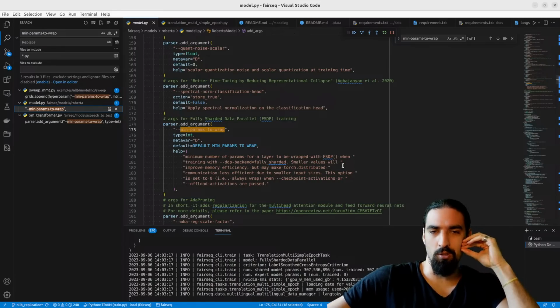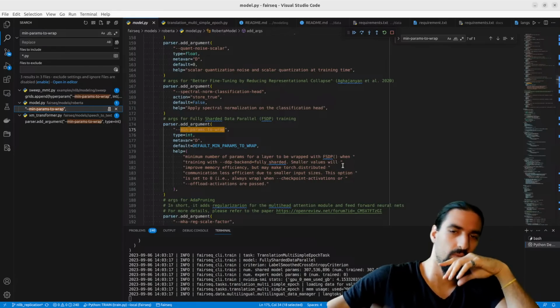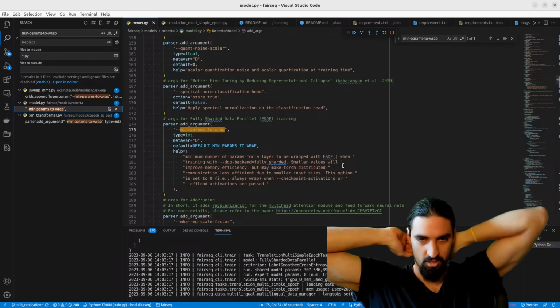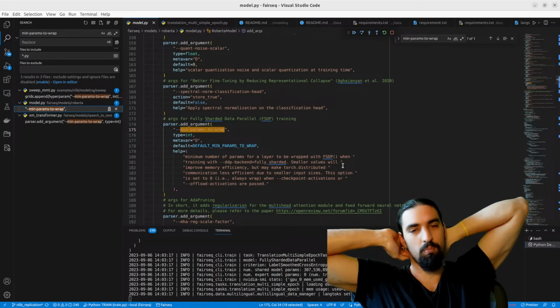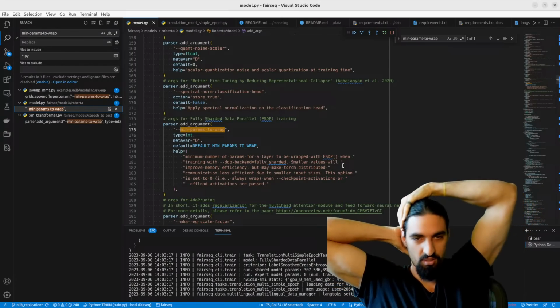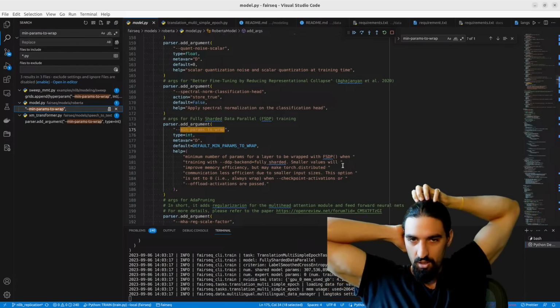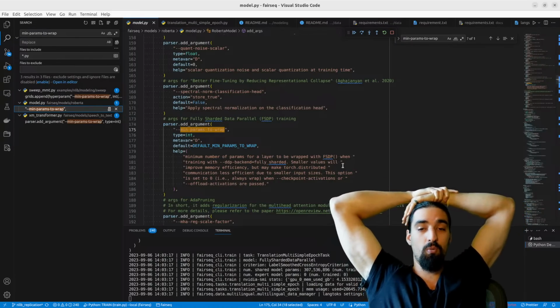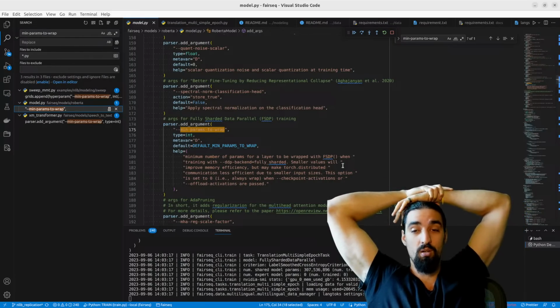So if it's below this, we will not wrap it. So smaller values will improve the memory efficiency because we'll be wrapping stuff up, meaning we'll be sharding them using FSDP, but may make communication less efficient. Of course, that's the inherent trade-off of FSDP that we've seen reading the paper this morning.